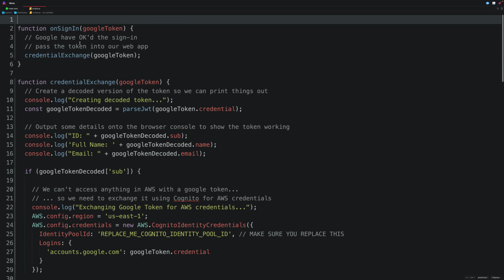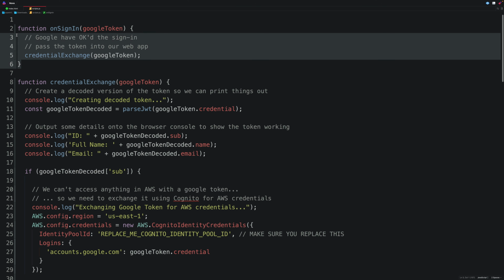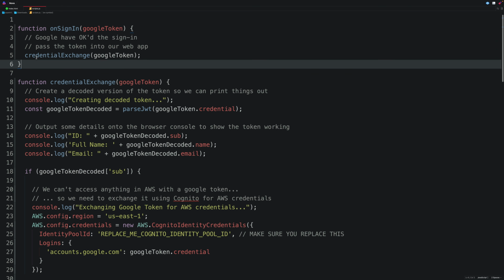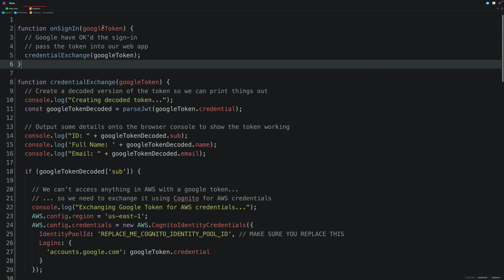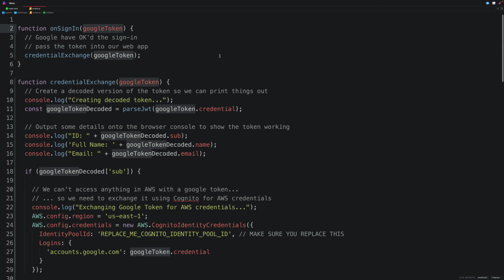Now moving over to this, what happens when we click the sign in button is that we're prompted to sign in using the Google Identity Provider, and if that's successful, what we get back in return is a Google Identity Token. So this is important. We get back proof that our user has logged in using the Google Identity Provider.